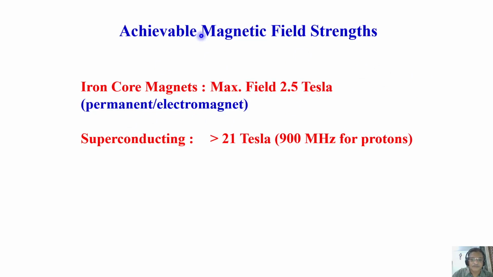Beyond that is not possible. Whereas superconducting magnets have an advantage. You can get a magnetic field beyond 21 Tesla, so that you can even get a 900 megahertz spectrometer. Of course, nowadays even more, 1 gigahertz, 1.1, 1.2 gigahertz spectrometers